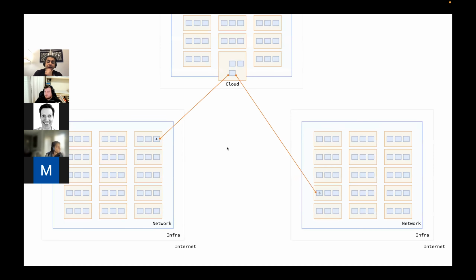Another configuration we may find might look something like this, where A and B are both clients, and the actual communication is happening between A and B. But because they're both clients, they don't want to expose anything onto the internet, and we use some kind of intermediary cloud service. A makes a secure connection over TLS to that cloud service. B makes a secure connection over TLS to that cloud service. However,